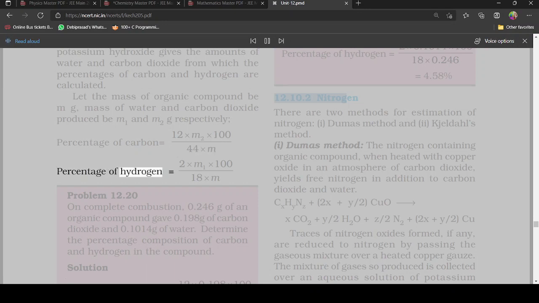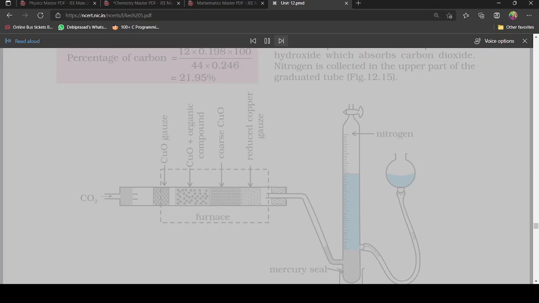Percentage of hydrogen is equal to 101/18. Problem solution 12 is equal to